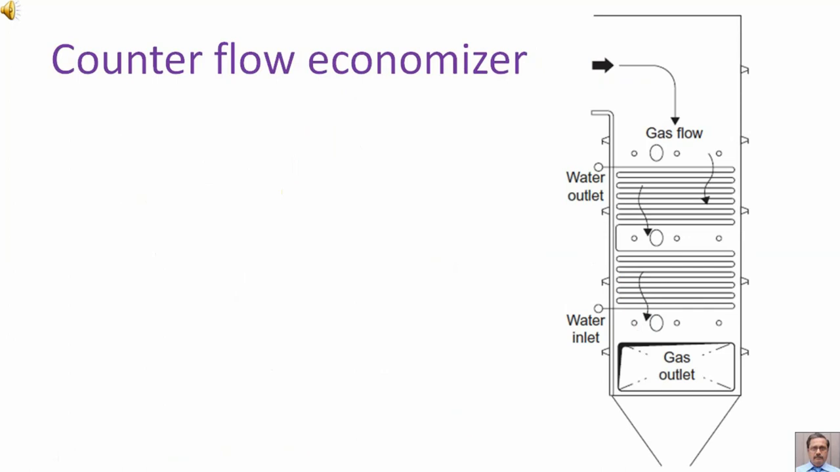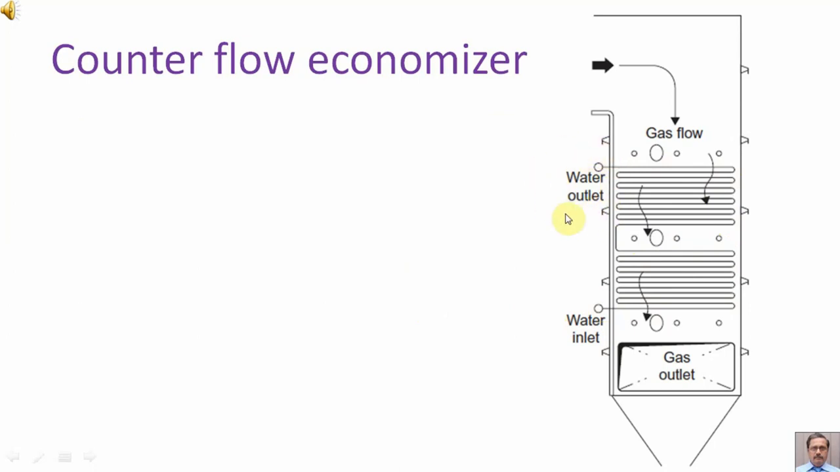This diagram is of a counter flow economizer. So let us explain what is this counter flow of the economizer. Here we can see that it is the water inlet. The water inlet is traveling through the tubes of the economizer. So here it is the water inlet. The water is traveling through the tubes of the economizer to the